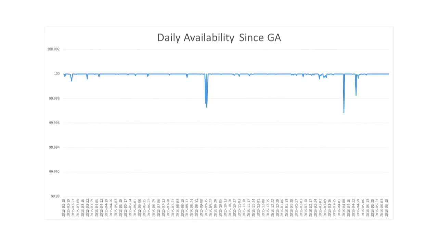We're very proud of what we've built. To give you an idea, since our general availability launch, here's what daily availability has looked like. While we give you 4 nines, and think about 4 nines, this is a single region, we believe if we do multi-region deployments, 5 nines is totally doable.